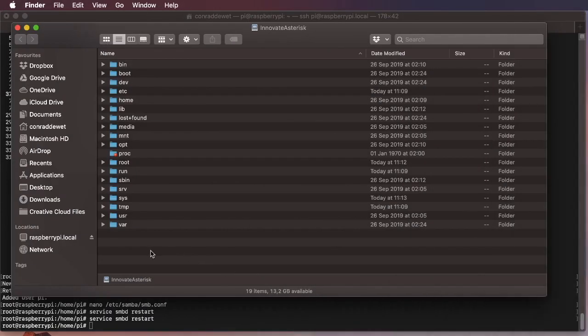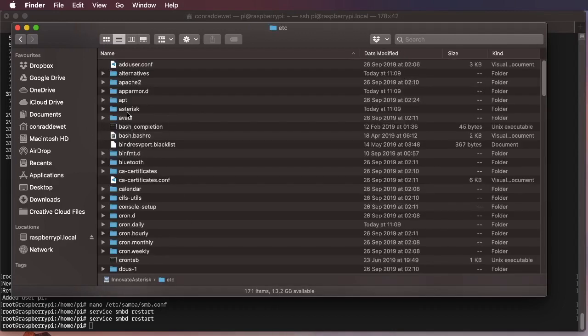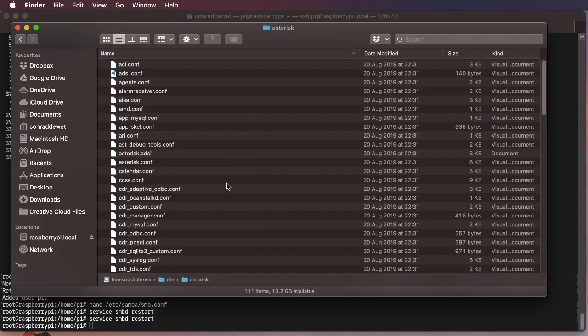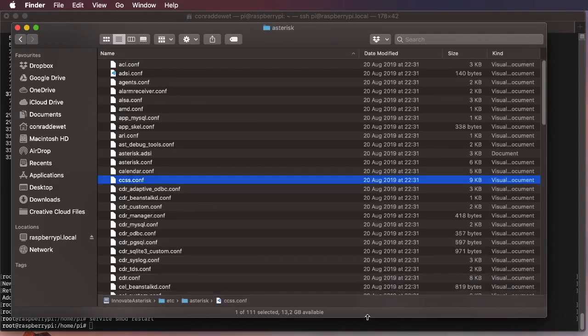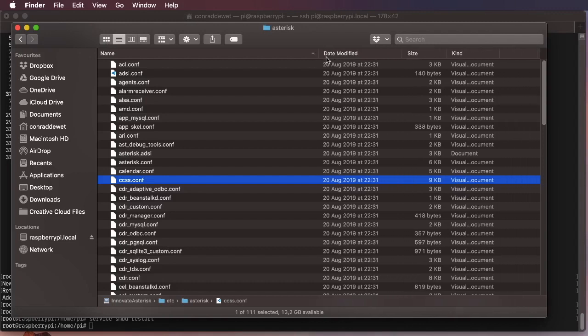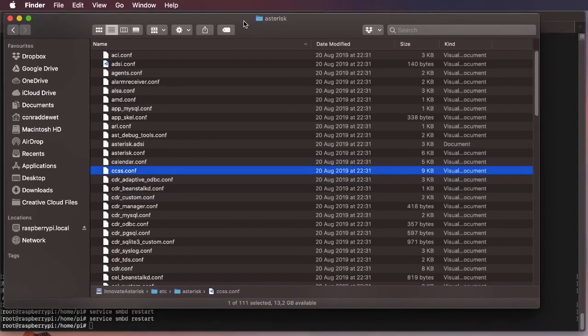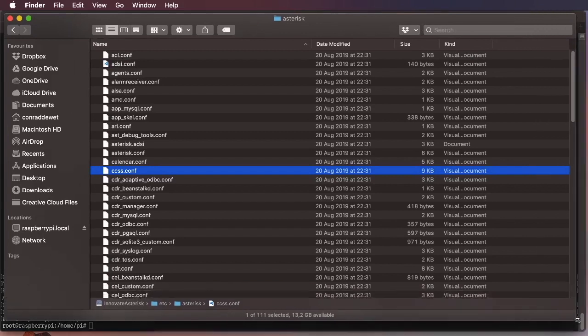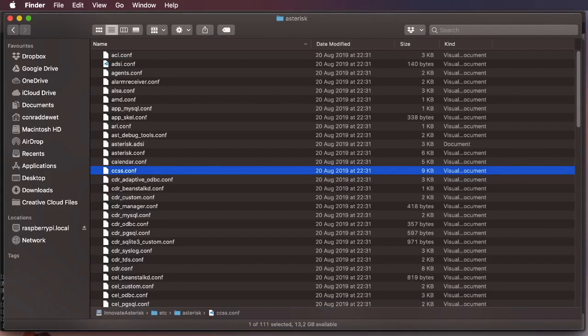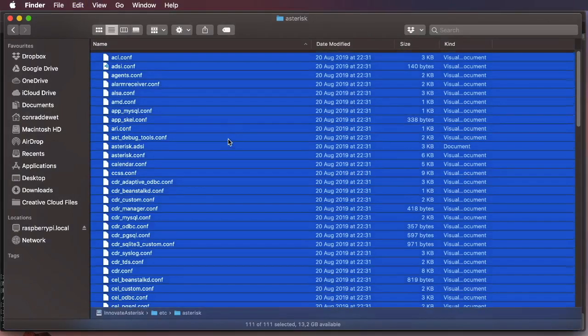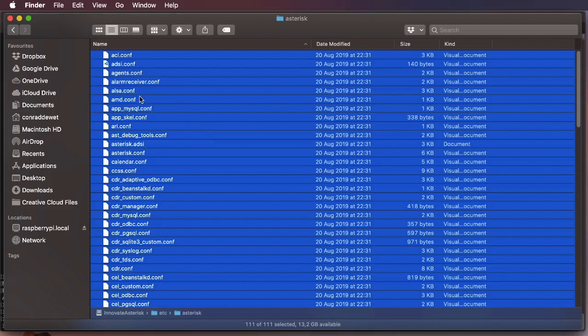So once connected, you'll see your folders and files over here, and we're interested in going to the etc folder, going to asterisk, and inside there we have all these files. Now, in order for us to do the test calls that we want to do, I have to actually delete most of this, because otherwise there's just too many config files to consider. So I'm going to delete all the files except the config files that I really want. To do that, let me select everything, Apple A, and then I'm going to exclude with the